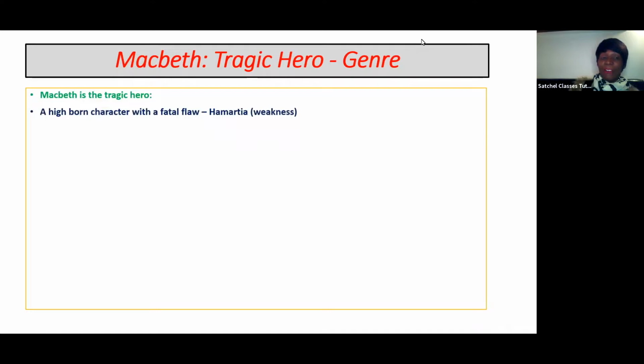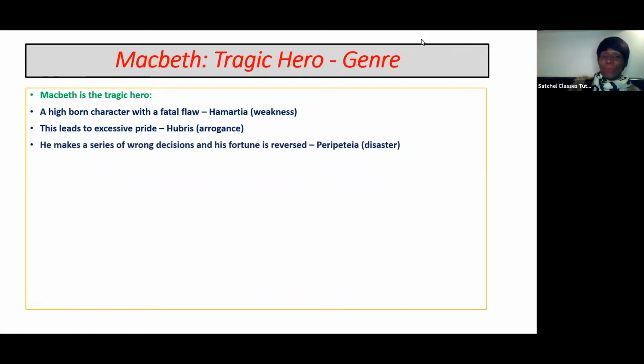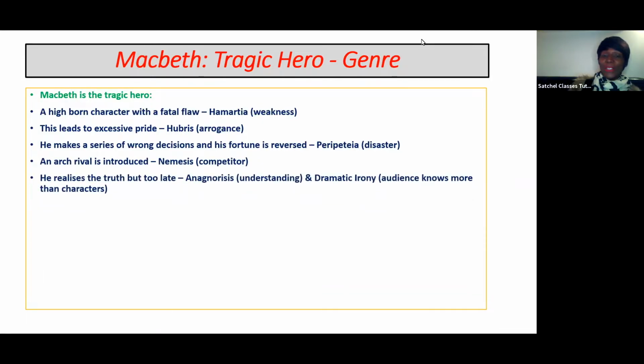He's a highborn character who has a weakness that leads to his pride. He makes a series of wrong decisions. His fortune is reversed. He meets an arch enemy, but he realizes too late that he can't win, and he ends up dead. Now, Macduff is the focus of this assignment, and Macduff, to some extent,